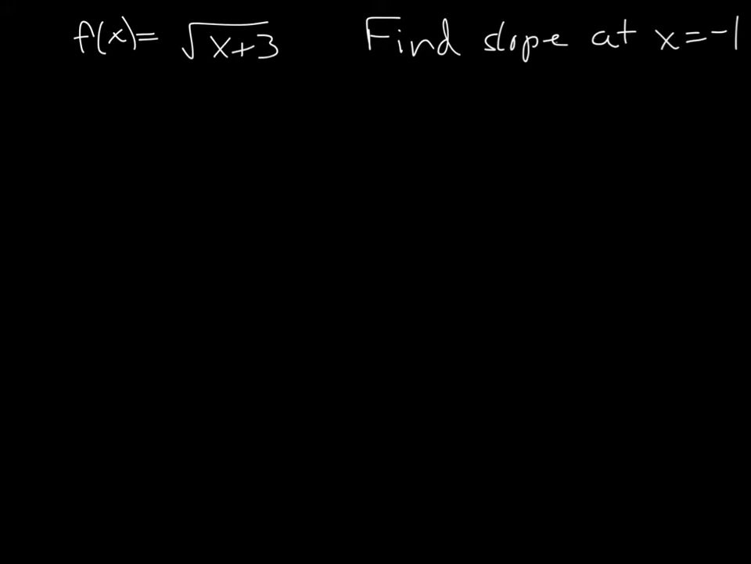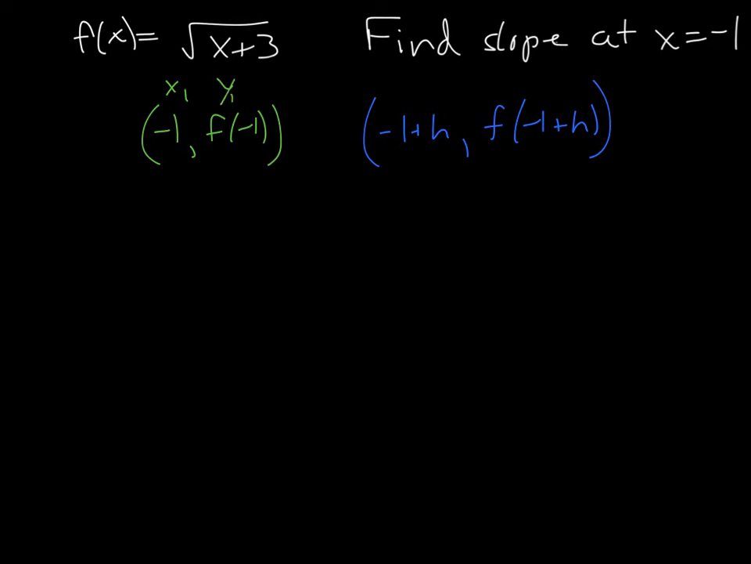So my first point is going to be the point -1, f of -1. That would be the point that I'm trying to actually find the slope at. And then I need a second point, so I'm just going to go slightly away from that, -1 plus h, and then f of -1 plus h. I'm going to call this my x1, y1. And then my second point, my x2,